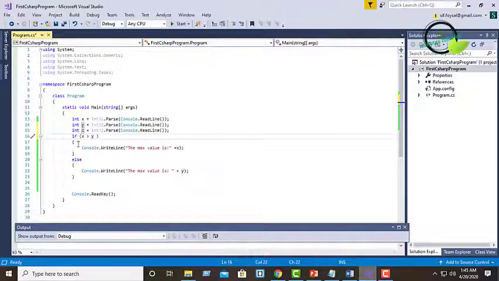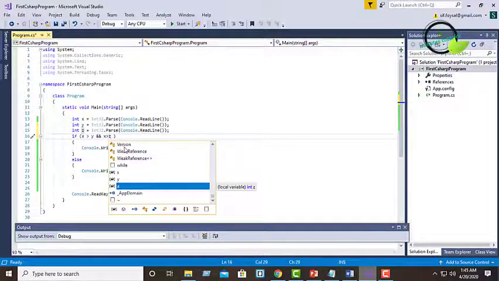So here we have to check if x is greater than y or not, and x greater than z or not.